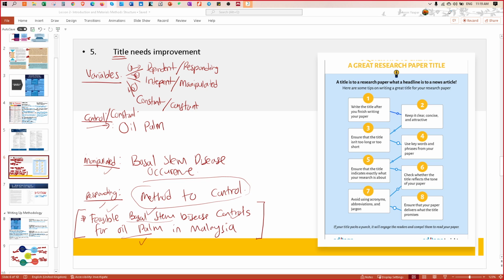And then responding, you quantify the occurrences of the disease. So that can be visual, I think. Visual census, yeah. So it can be visual, and then you also quantify the responding using the resulting fruit produce, right? The yield. Yes, correct. Okay, I think that's good enough. The rest is fine. You just pay attention to the types of soils.